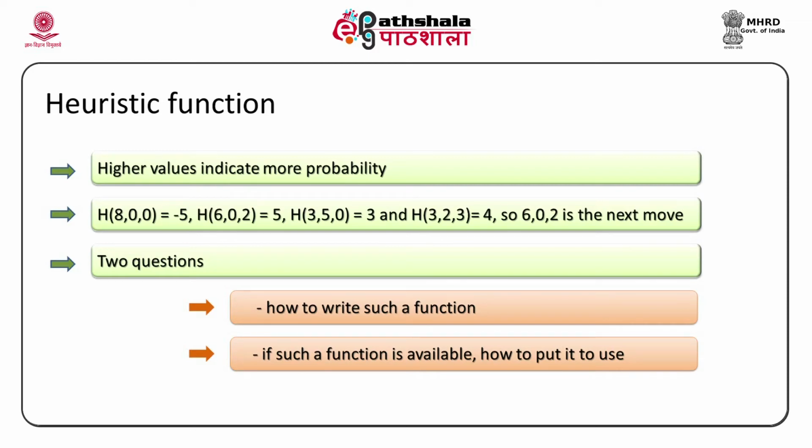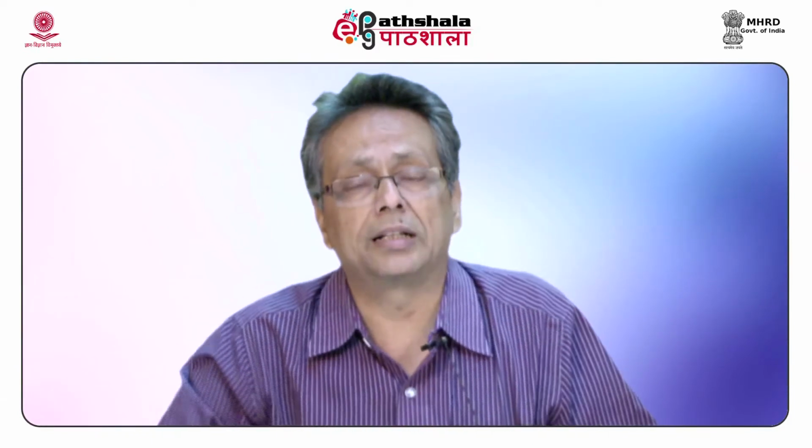If I have this function, I can just apply it to a state and get a value between minus 10 and 10, and I'll look at all possible alternatives. Suppose I am here and I have 5 different moves from this state. I'll apply this function to all of them, decide which one gives me the better heuristic value, and I'll choose that. That's simple, okay, but not that simple. We'll see how to proceed using that. But that is precisely what we are supposed to do, and that's the theme of this chapter.